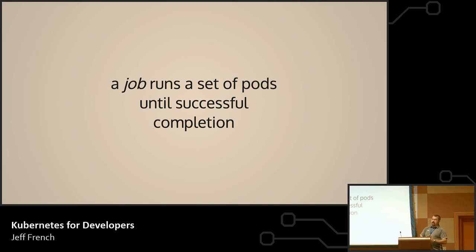It's going to let that pod run with whatever configuration you've supplied to it and whatever commands you've told it to run. And it's going to run, and if that pod errors out, then the job definition is going to turn around and say, well, that didn't work, let's try again. And it's going to spin up another one. And it's going to keep doing that until it either hits a predefined set of failures, or if you've allowed it to fail, then that's fine, or until it gets a successful completion, meaning the pod runs all the way until it's done and the command exits without an error,